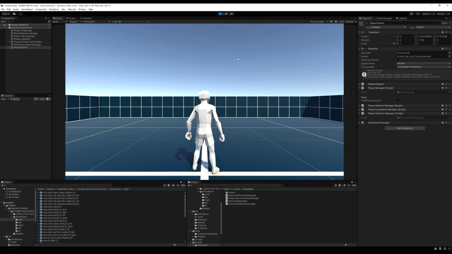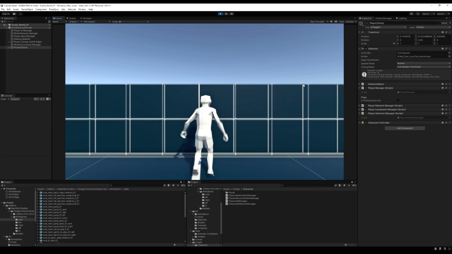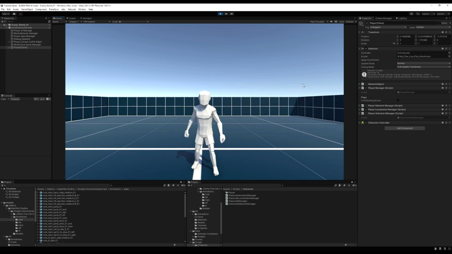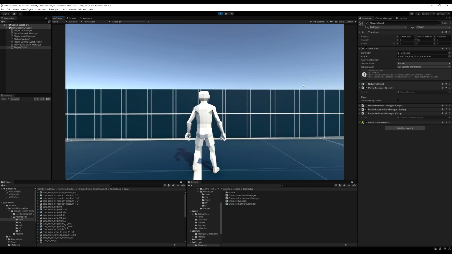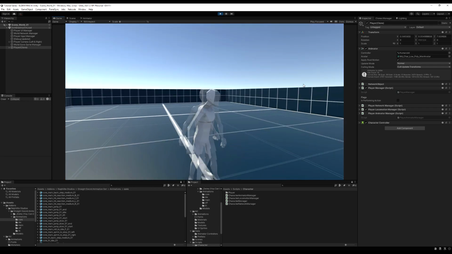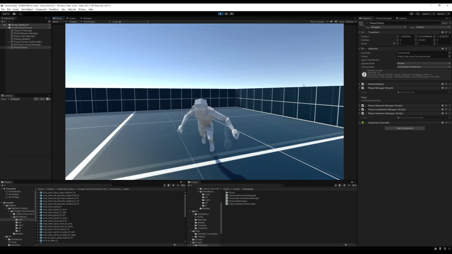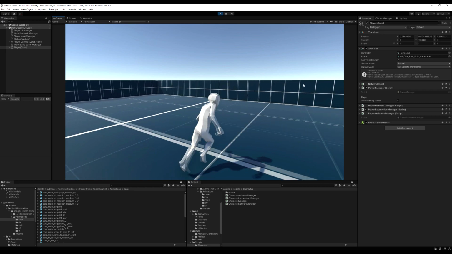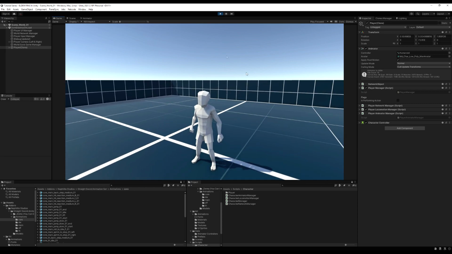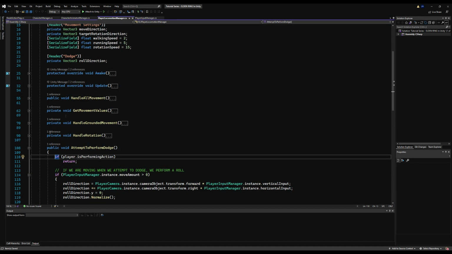All right, now let's go into the game. If I roll here, you can see my isPerformingAction is not true. Now it is true, and now it's not true again. So when we roll, it activates during the animation, and then it resets when the animation concludes. And that's why it's really handy to use those on enter or on exit states for stuff like this. It just makes it so much simpler.